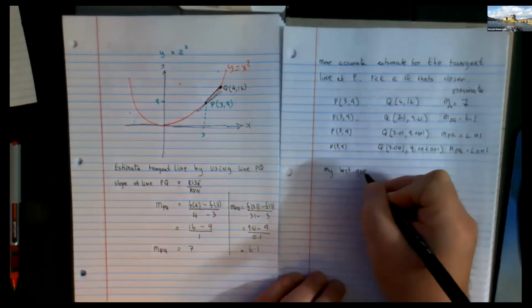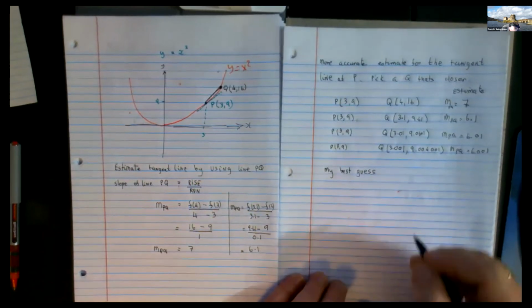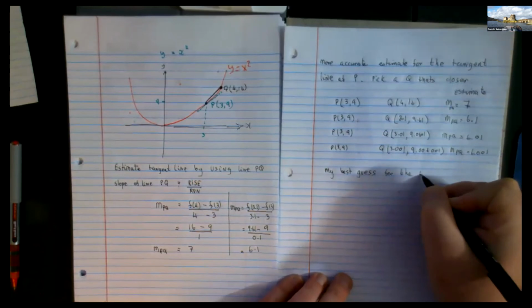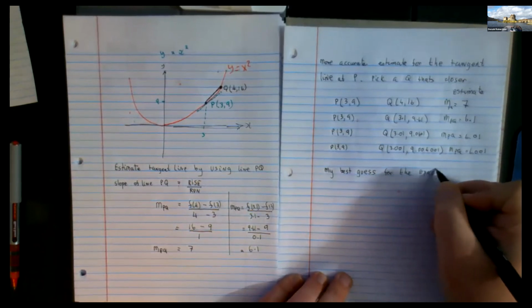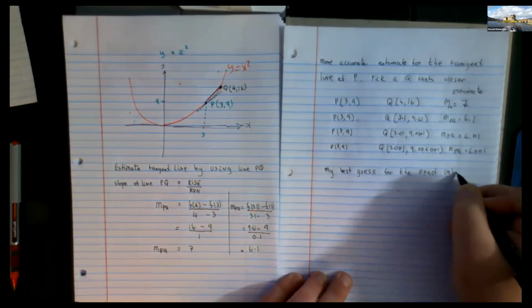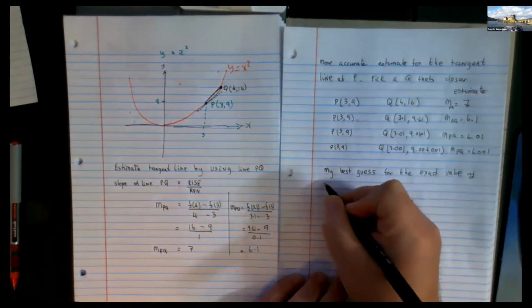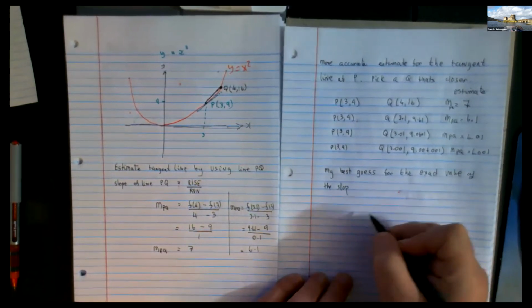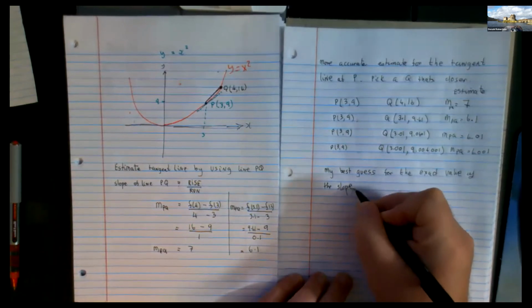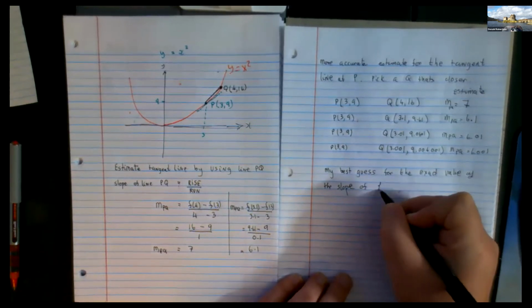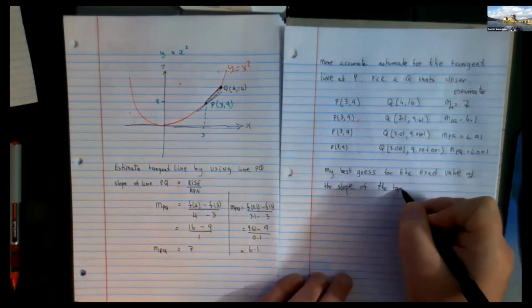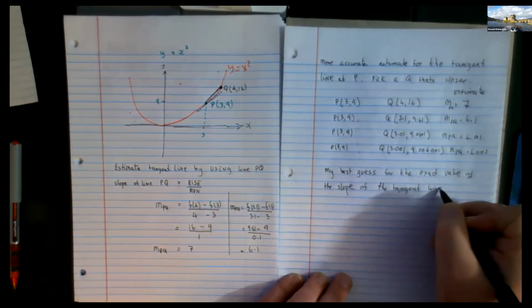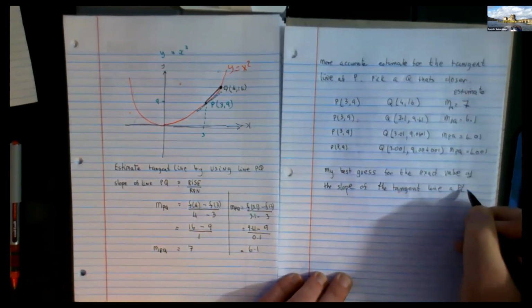And it is technically a guess. So my best guess for the exact value of the slope of the tangent line at the point P